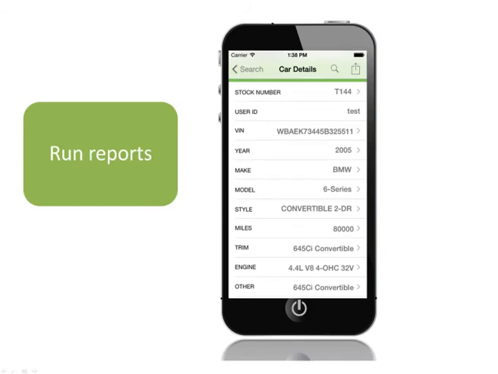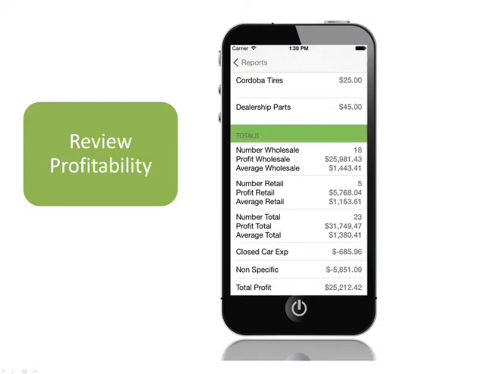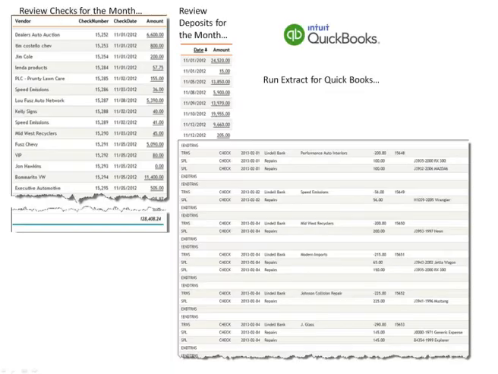The second component of Car Inventory to Go is reporting. Reporting includes being able to view all details on a particular car, reviewing your overall profitability, printing sales documents such as buyer's guide, bill of sale, and title application, printing state reporting, and accounting reports to review your data, upload it into QuickBooks, and close the month quickly. Many of these items can easily be customized for your company as well.